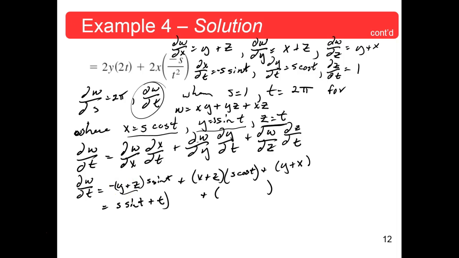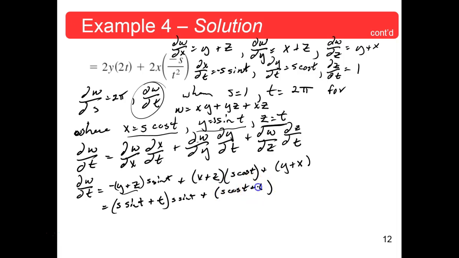Now, your y, I'm trying to find it here. There it is. That's s times sine t plus t, that's y plus z, times s sine t. And then this one, the x plus z, I shouldn't have erased, but there it is. S cosine t